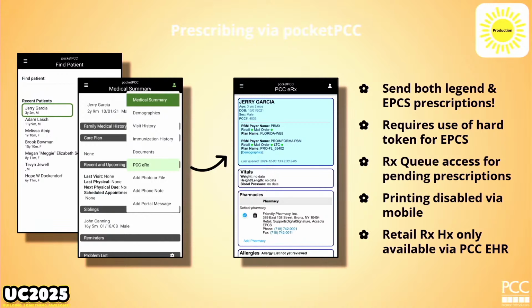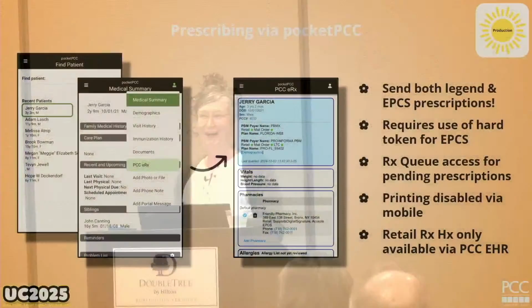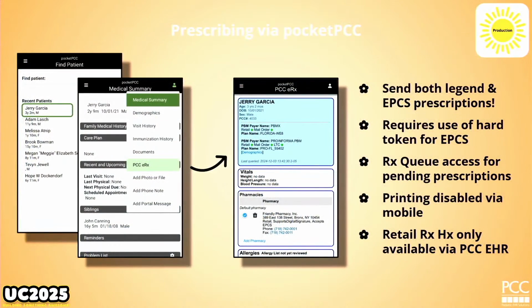Where is your hard token? Great question. That's okay. When you first start with EPCS, we give you one, and people say, that's cool, and then you give it to a kid to play with, and it turns out you need it. So we will get your replacement. You can have one replacement per year, so keep track of it. Can someone write that down? We're going to get her a token.